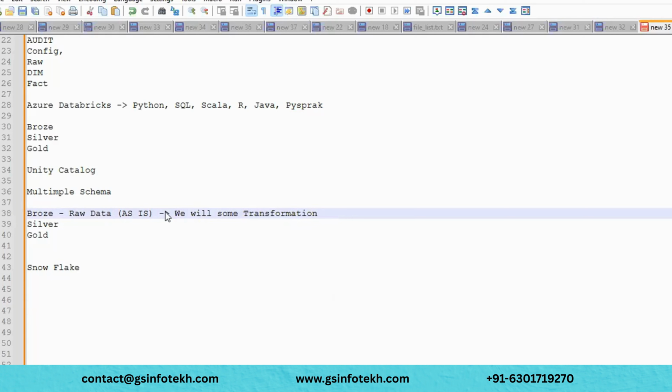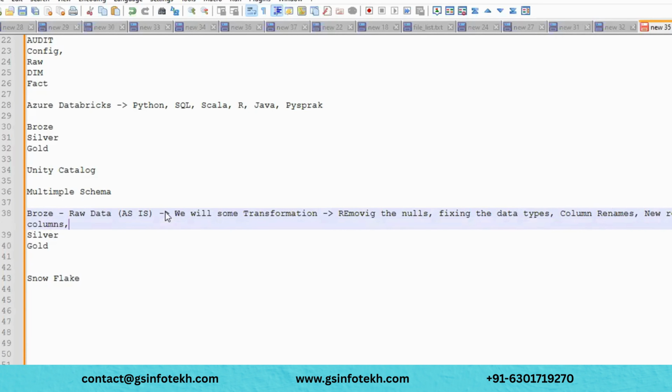And what type of transformation are we going to perform? Removing nulls, fixing data types, column renames, new required columns, and deduplication.